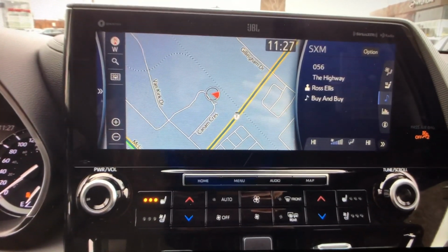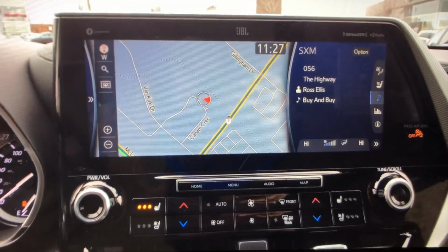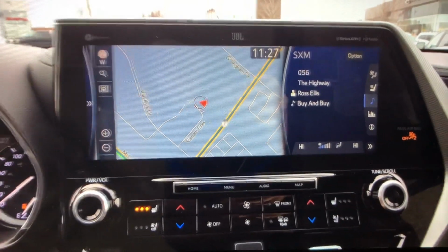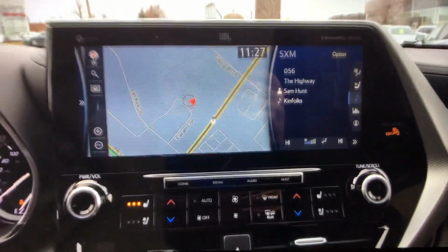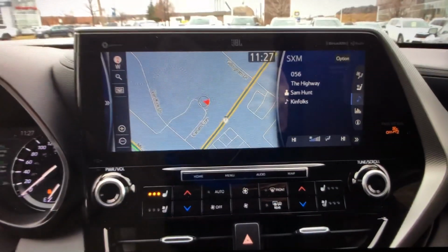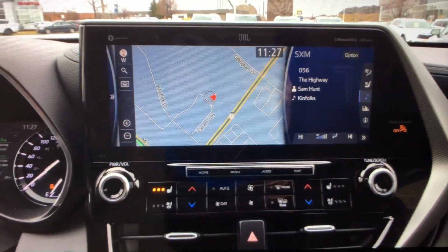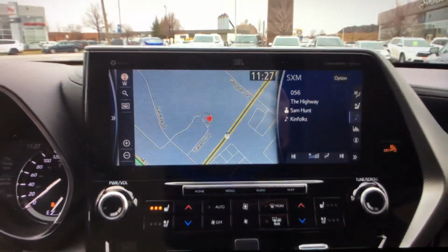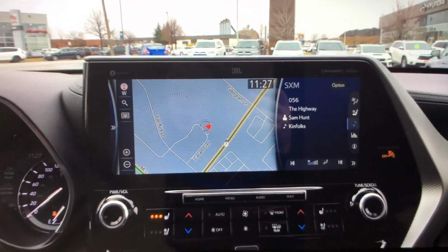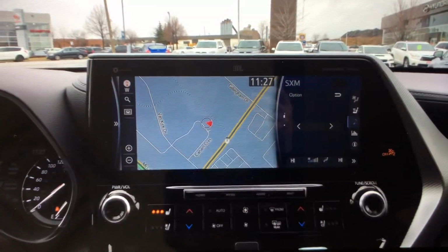So I always like to say that my passenger is my DJ, so I would like this setting. They can control the music, and I can see where I'm going on my GPS. So also in this screen, you have that reverse camera, which I showed you, and we do have tons of audio this year, and I know this is probably going to intrigue you because for the first time